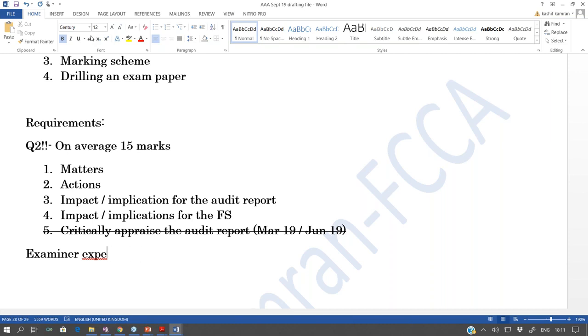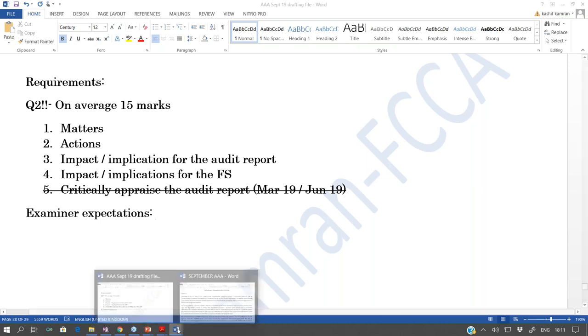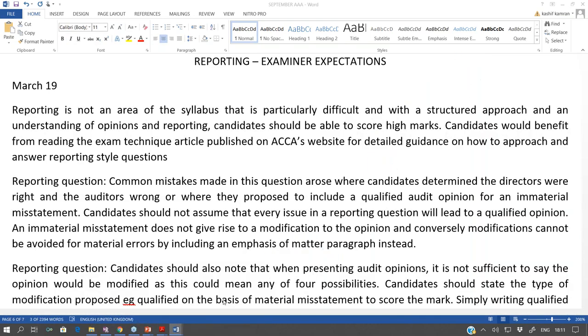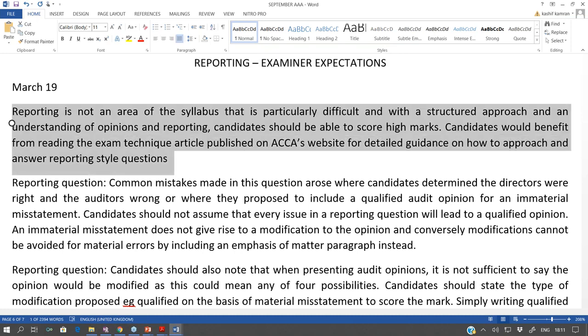Let's read the examiner expectations. The examiner has so many expectations from students when it comes to this topic on reporting. If I take you to the next Word file in front of your screen, you can see examiner expectations on reporting. I'm reading the first paragraph of examiner expectation, which is from the March 19 examiner report. And the examiner says in the very first paragraph, right here in front of your screen,